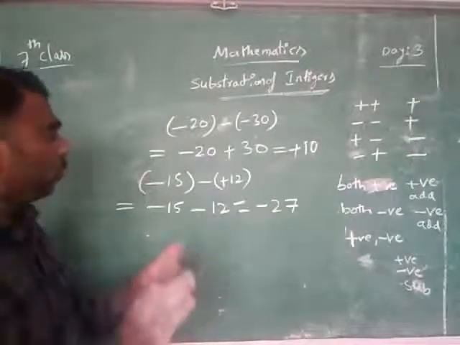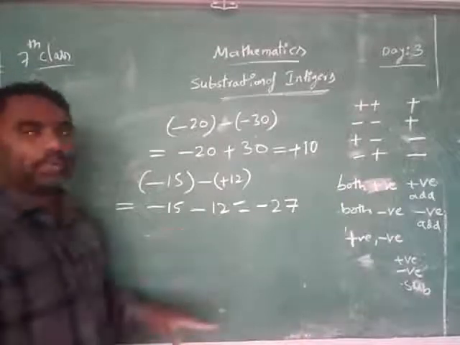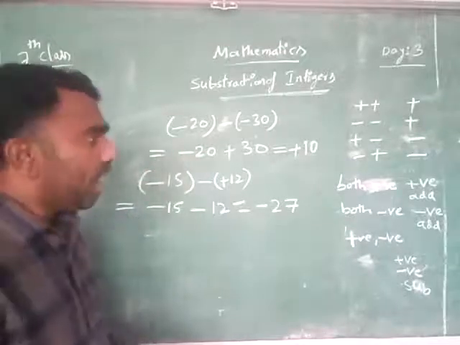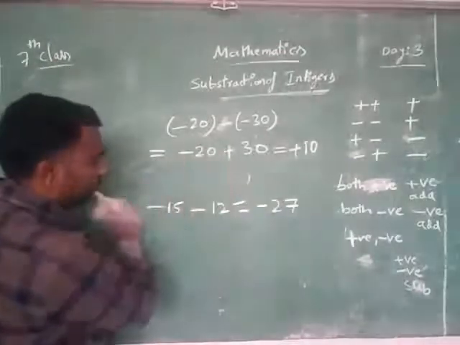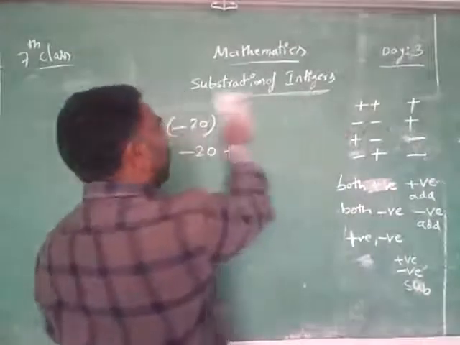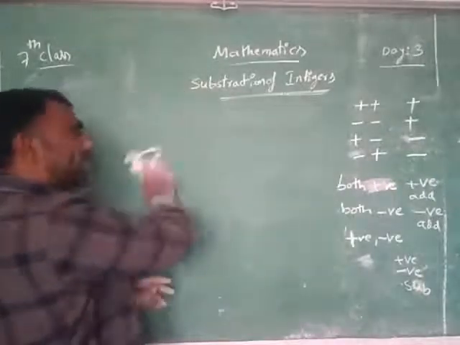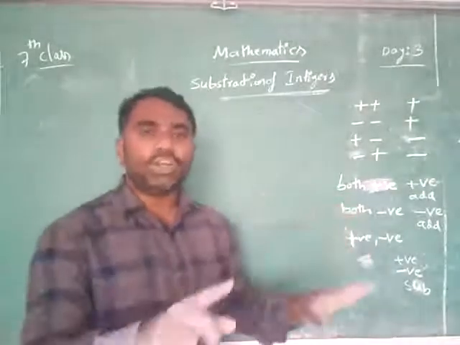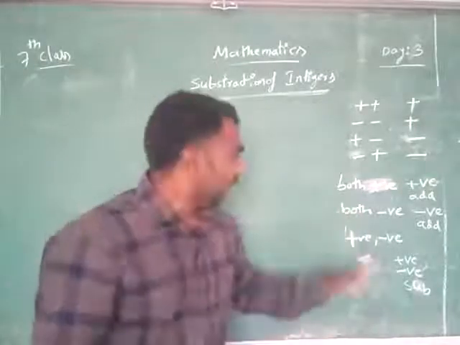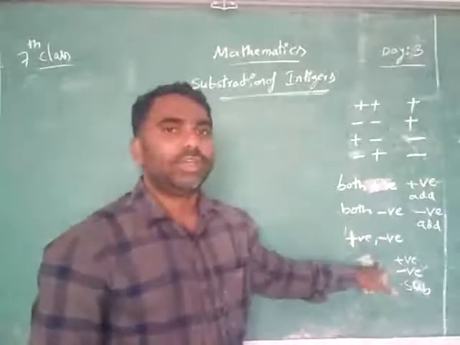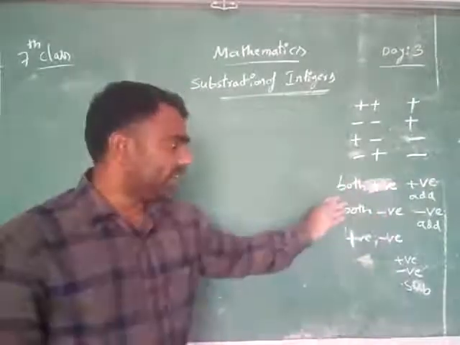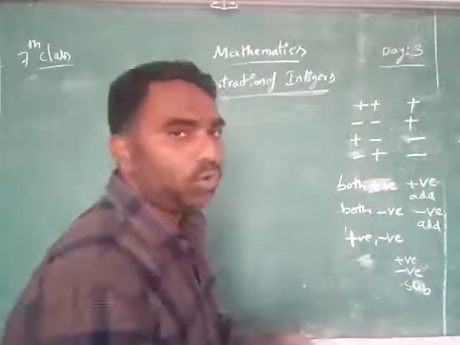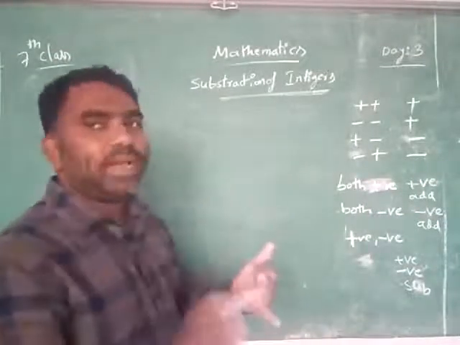Okay? Now we can do additions and subtractions all together in same method. Additions or subtractions we will do in the same method. Now onwards, we no need to think it is addition or subtraction. Don't think like that. Remove the brackets and use these three situations. Which situation it is? Is it first or second or third? You follow the answers in that method. No need to observe whether it is addition or subtraction, whatever it may be.